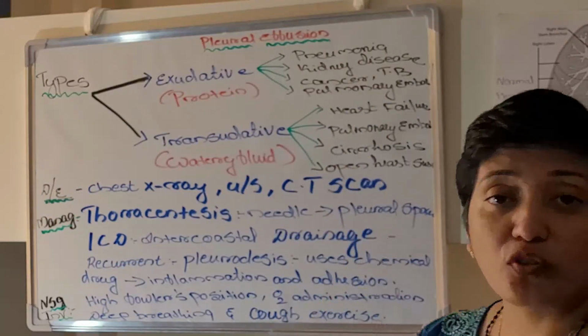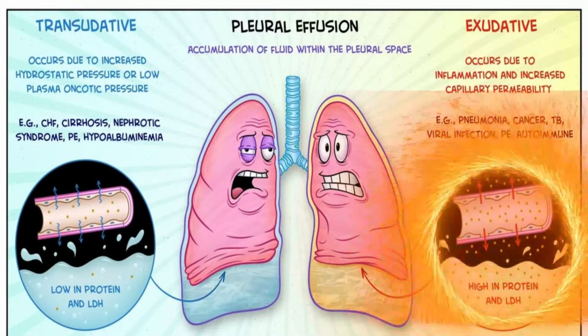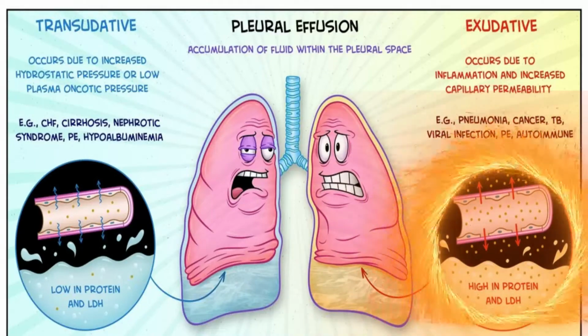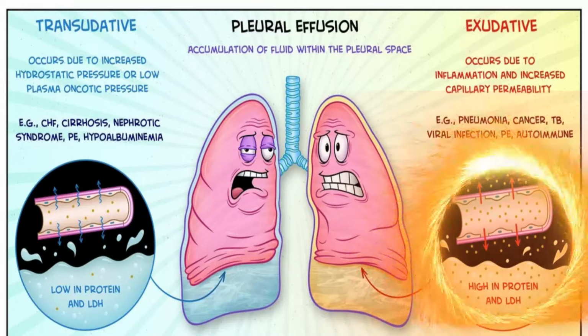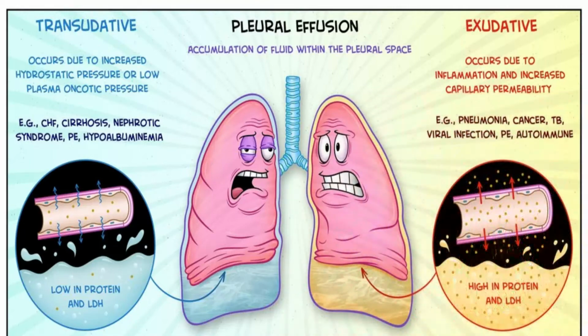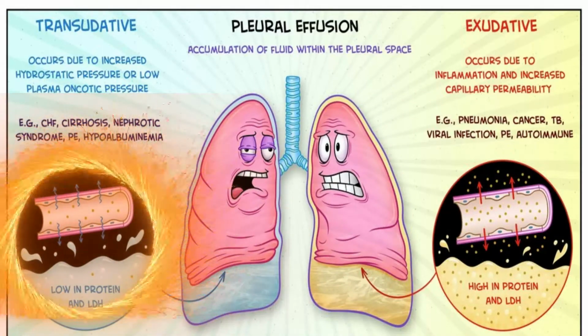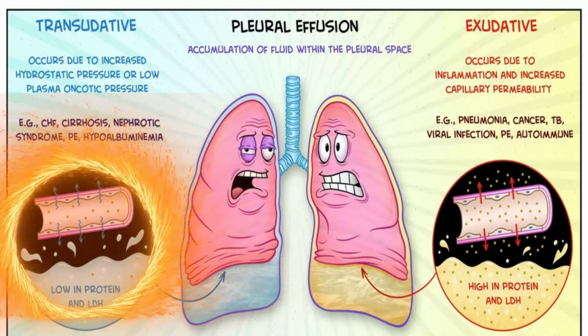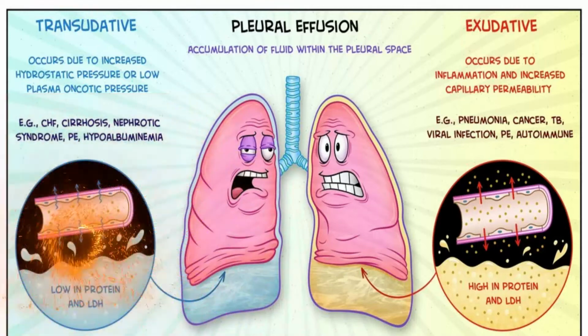There are mainly two types of pleural effusion: exudative and transudative. In exudative, the fluid is protein rich. What are the causes? Pneumonia, kidney disease, cancer, TB and pulmonary embolism. Transudative is watery fluid. The causes are heart failure, pulmonary embolism, cirrhosis and open heart surgery. So these are the two main types of